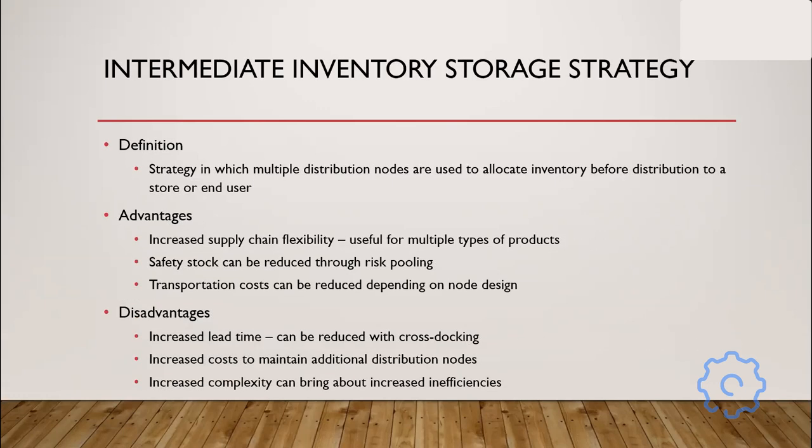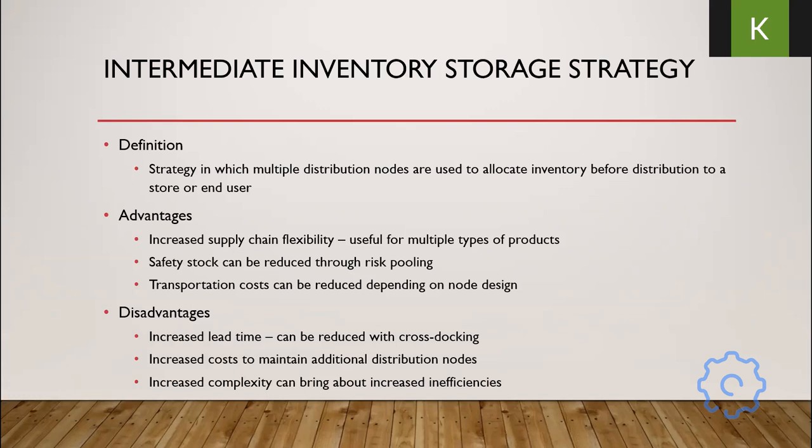An intermediate inventory storage strategy is a strategy in which multiple distribution nodes are used to allocate inventory throughout the supply chain before distribution to a store or end user. Now, there are several advantages to this. The first one, you have increased supply chain flexibility. As I mentioned before, you could put a station point between, say, point A and point B that can be used to service, say, point C and point D, which allows you to aggregate demand in one location for multiple locations. As a result, you can reduce the safety stock required across all of your different end users through risk